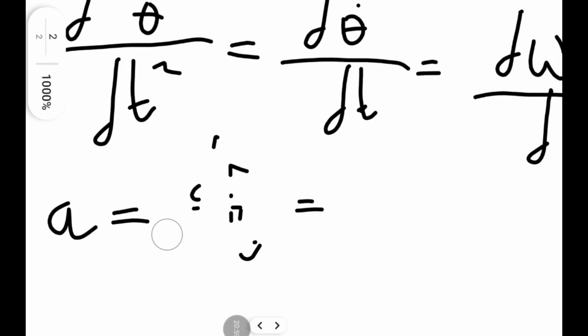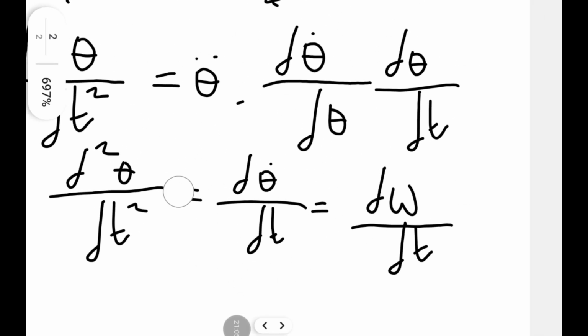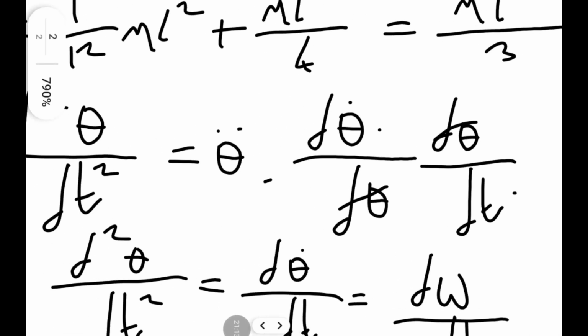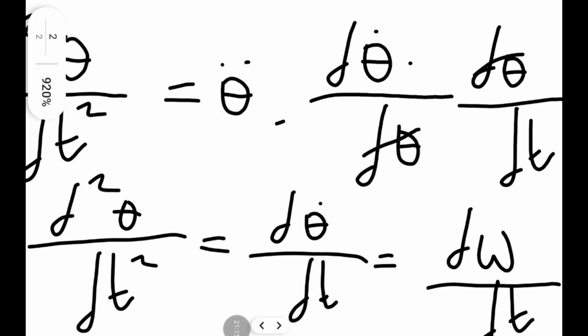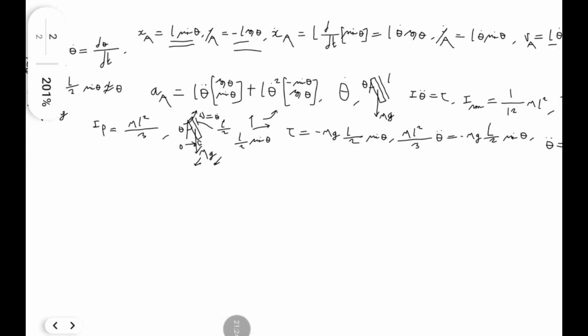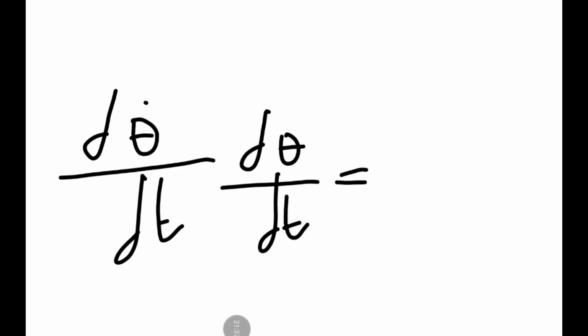Let me draw that out. So with that, we can see this little identity here. Look what cancels out when they go together. If those two cancel out, you end up with just d theta by dt again, which is the original one. That's again d theta dash by dt is d squared theta by dt squared. So there's a little identity there. Therefore we can write it as d theta dash by dt times d theta by dt is equal to